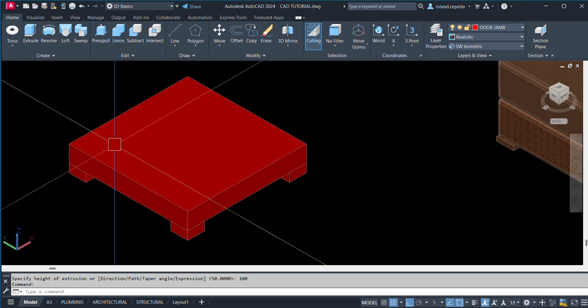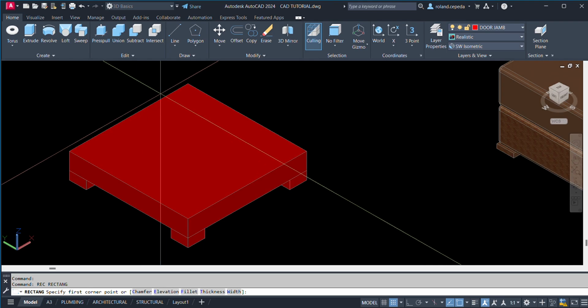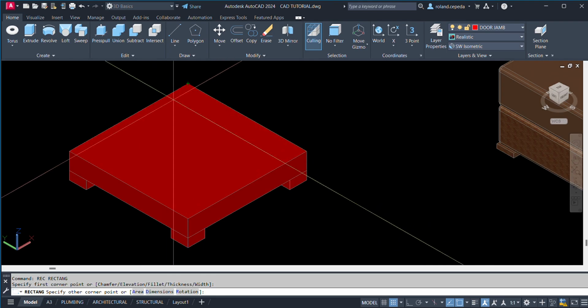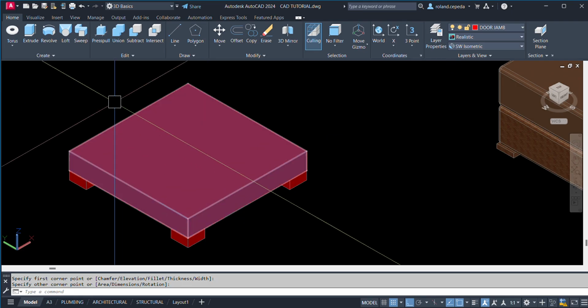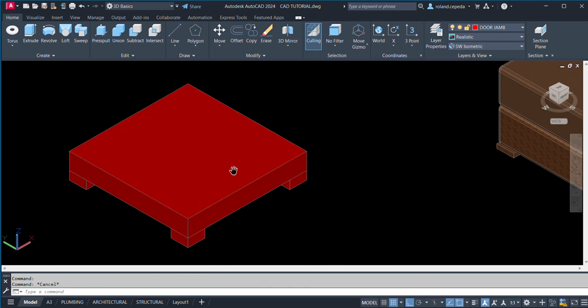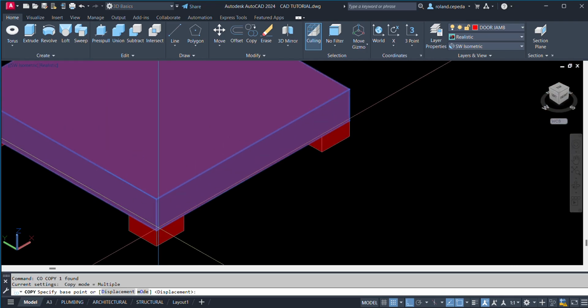Okay. Then I'm going to create another rectangle here, and then extrude, or I'll just copy this one.